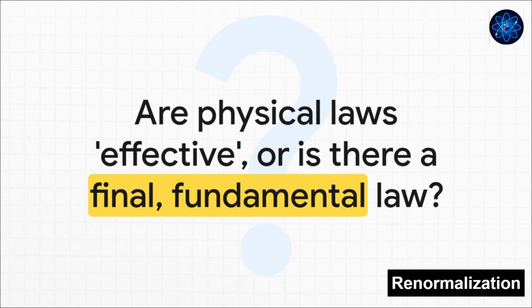You know, renormalization began its life as this desperate trick, a way to deal with an impossible infinite problem. But it ended up giving us a completely new philosophy for how to understand the universe, one layer at a time. And it leaves us with this incredible, tantalizing question. If our physical laws are just effective descriptions for a given scale, are we just peeling back the layers of a truly infinite onion? Or is there, at the very bottom, one final, fundamental law of nature waiting to be found? And that's the question that continues to drive physics forward today.